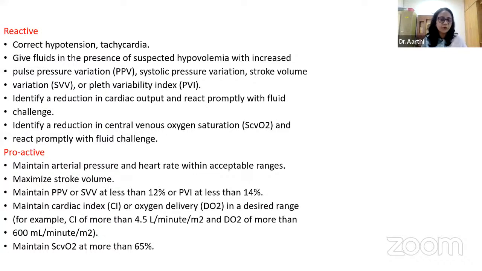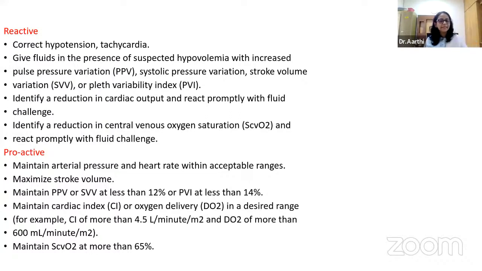So, you can be either a reactive person or a proactive person to assess and monitor the hemodynamic changes in the perioperative period and in critically ill patients, and also extend into postoperative monitoring of patients who have hemodynamic instability. A reactive person would correct the changes which are happening, like correcting the hypotension, correcting the tachycardias, giving fluids when you suspect hypovolemia secondary to pulse pressure changes, and promptly reacting to or identifying the cardiac output. Whereas proactive